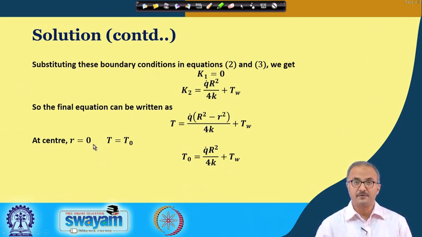Okay, and if we want to know, as we have asked in the question, what is the temperature at the core of the wire, we can simply put r equal to 0, and we find that this is the temperature at the wall. And from this particular equation we find as we move away from the wall, the temperature is going to reduce, if we are going to add this particular heat, and depending also on the value of TW.